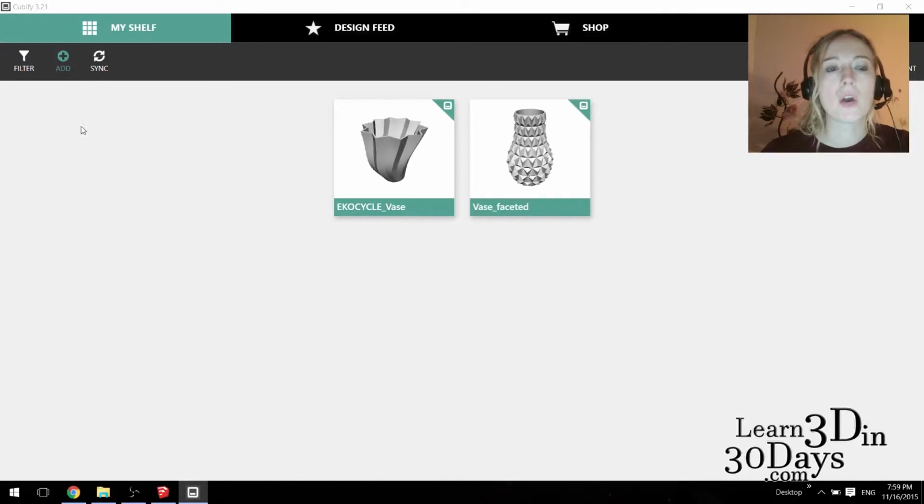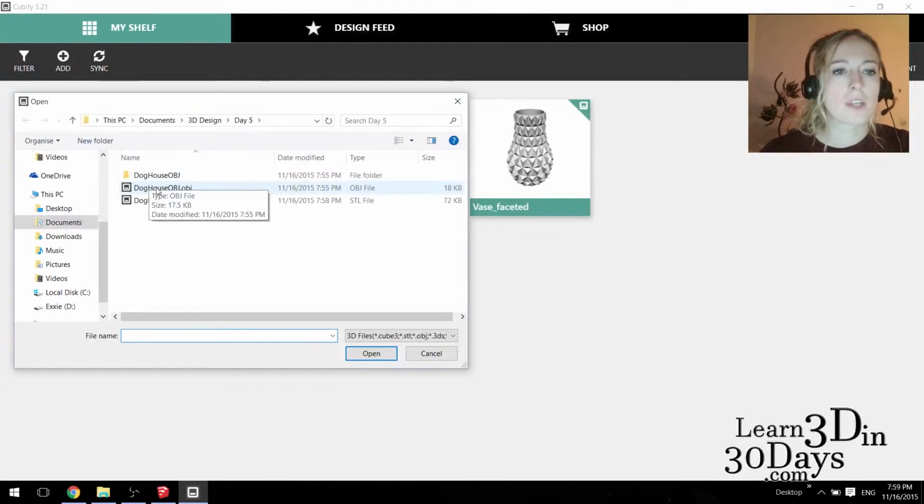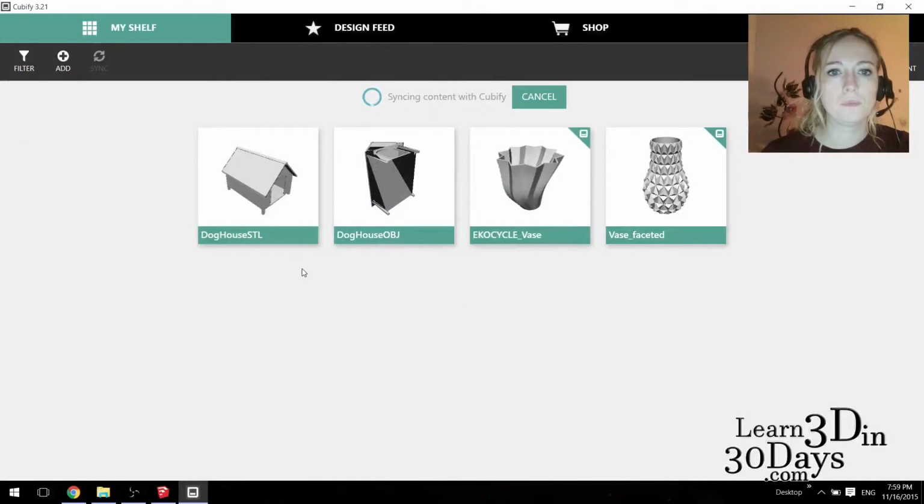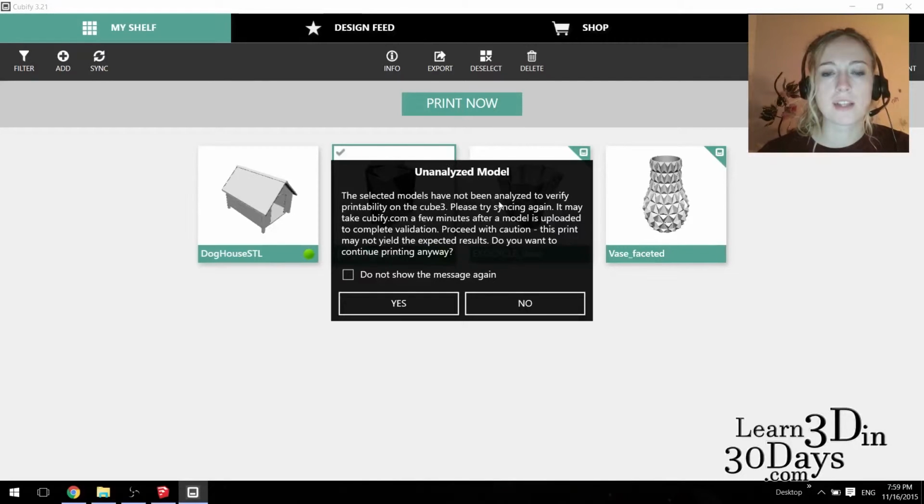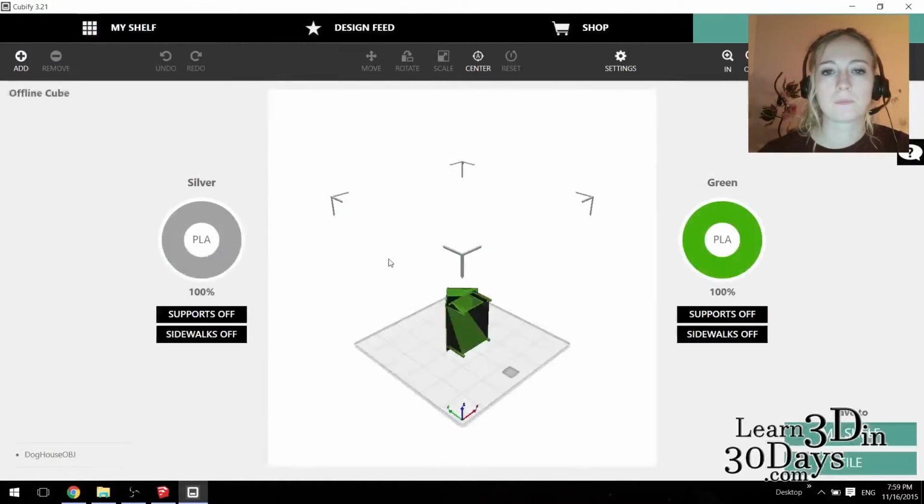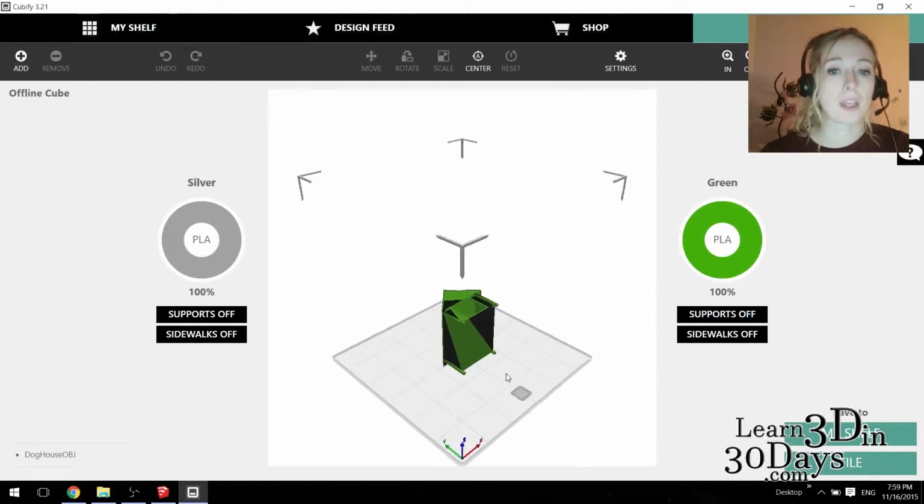So here we go. Let's go add the two objects. I'm going to click on this, then hold Shift and click on the second object and click Open. So here we have the STL and the OBJ. As you can see, the OBJ looks kind of funny. So we'll click on that, click Print Now. It says it's unanalyzed. Would you like to analyze it? Click Yes. Now it's sending an email to me